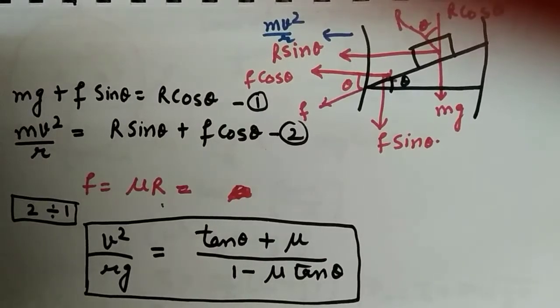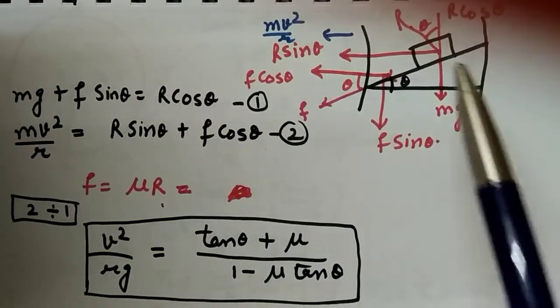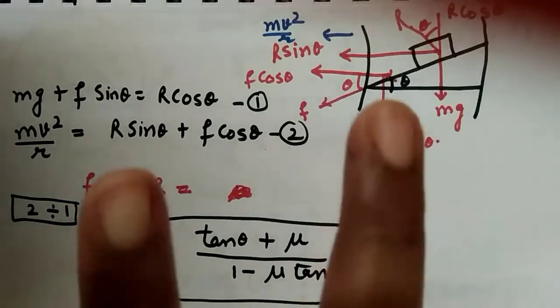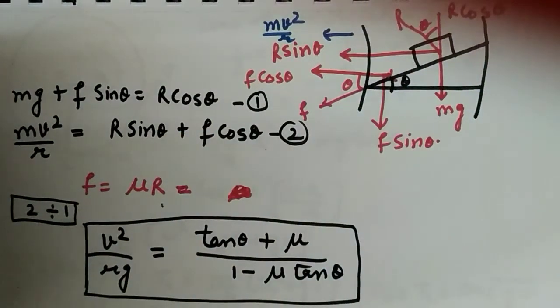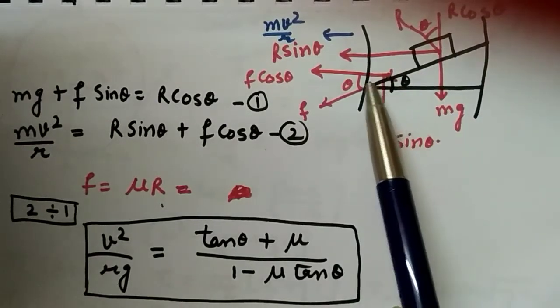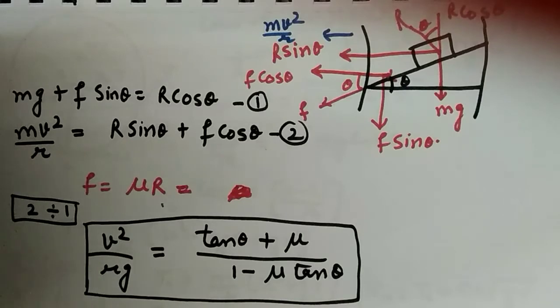So this one is the more actual case. In this again we are assuming one car, but in this case we are having 2 things. This is the actual scenario. We are having banking of the road also. We are considering friction also, because the car tires are designed in such a way so that they are never smooth, otherwise the cars will skid and fall from the road.